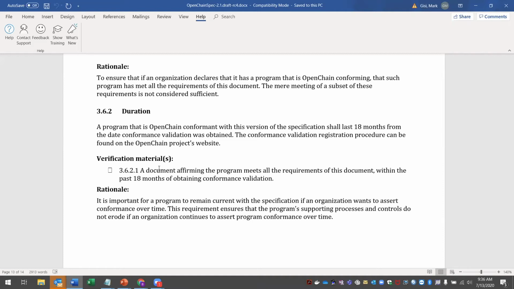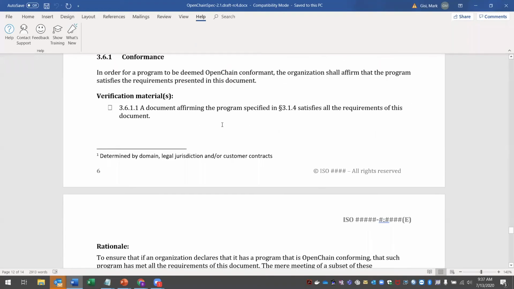And so it might be more beneficial just to make sure that that particular product line is conforming, and you have that freedom. But I think that's where the 6.1 comes into place. You want to be very specific about which program you're talking about.